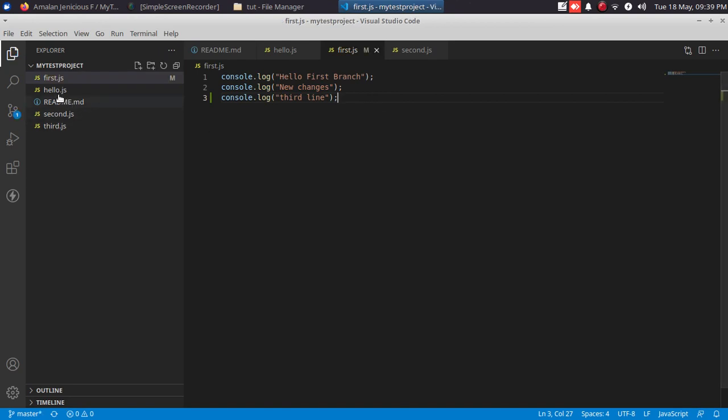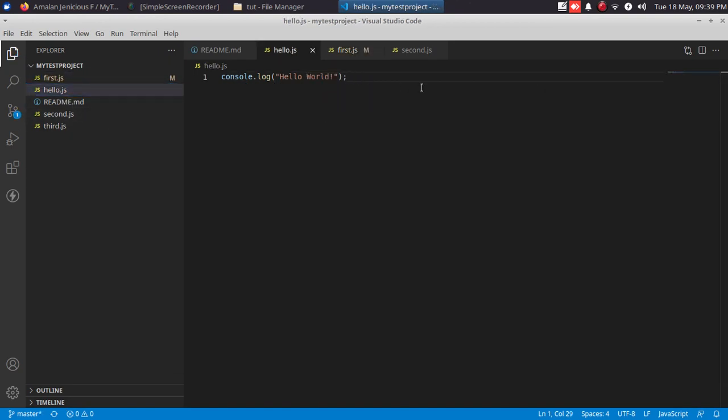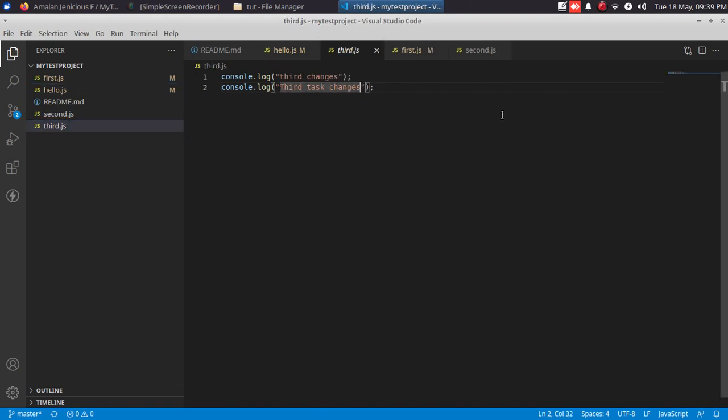Okay, and in hello.js, in second line, I'm going to put one console second line. Okay, in third.js, I'm just editing the second line.